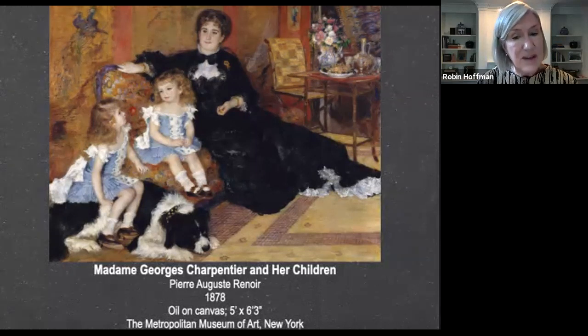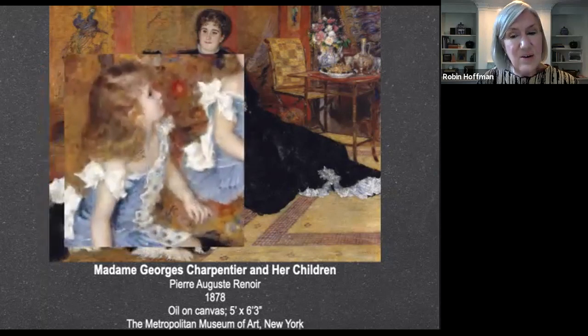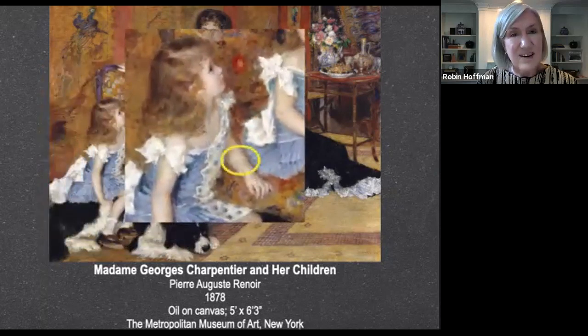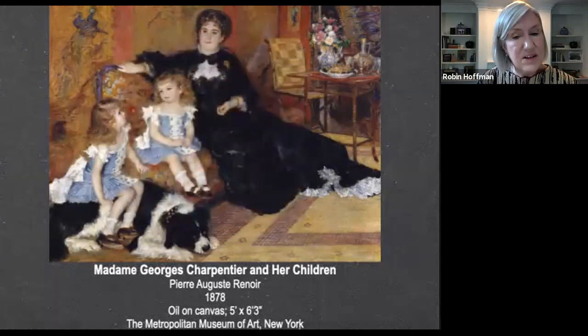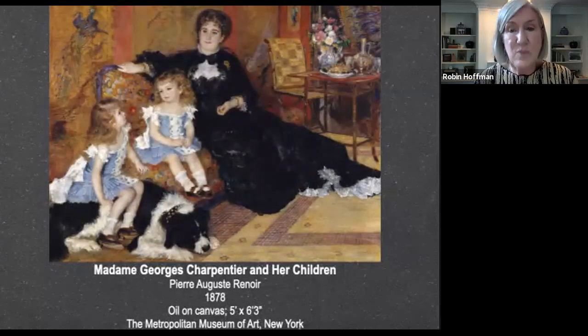And it was common in Europe for little boys to wear dresses until the age of 5, then short pants until they were 10. Now, can you tell who's who? 6-year-old Georgette wearing a gold bracelet perches on the family dog. Madame Charpentier used her influence to ensure that this painting was hung in a choice spot at the salon and introduced Renoir to her friends, several of whom commissioned work from him.